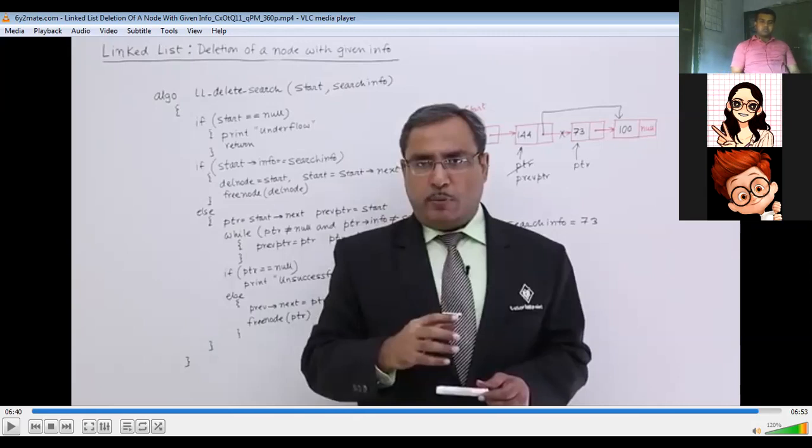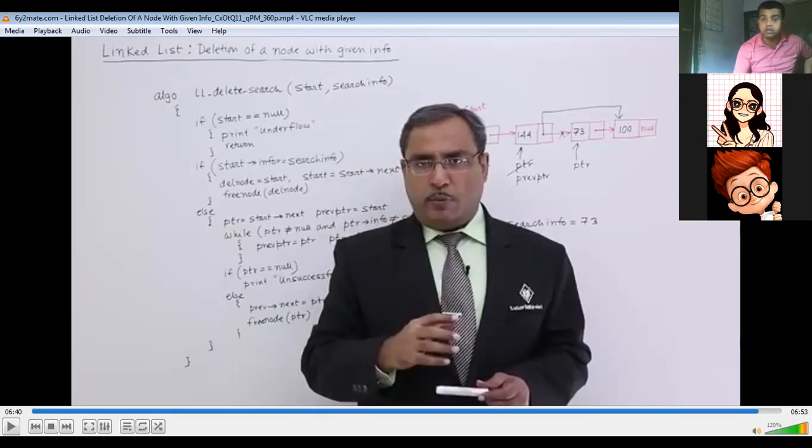Okay, so this is what we have seen throughout the application of all the linked list operations, that is insertion, the types of insertions, and also the deletion. So this is basically entirely the part of your syllabus. There is nothing else from the linked list part. But yes, what you have to do is understand this algorithm and practice this algorithm. Also, you have to practice some applications related to the linked list, as I have discussed.